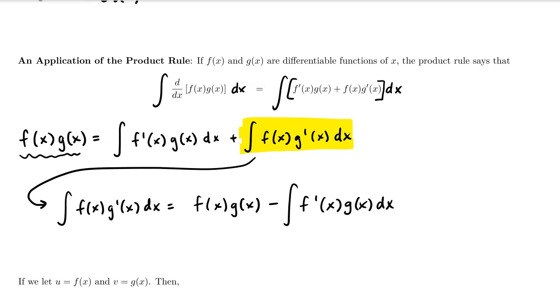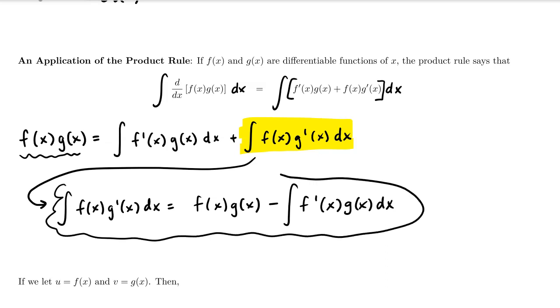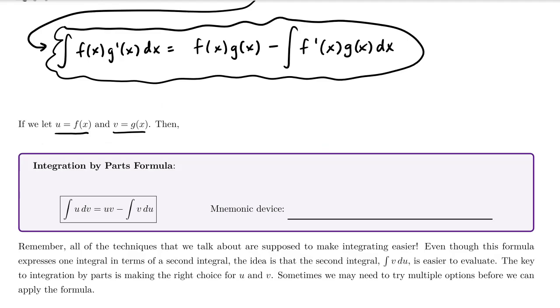And so this essentially is the integration by parts formula, but this is not so easily digestible, and we want to make it look a little bit more digestible. The way that we're going to do that is we are going to say let u equal f of x and v equal g of x. And then if we do that, we get the following. So here's the integration by parts formula that is commonly used, and it's much simpler and more digestible in this form. We have the integral of u times dv is equal to u times v minus the integral of v